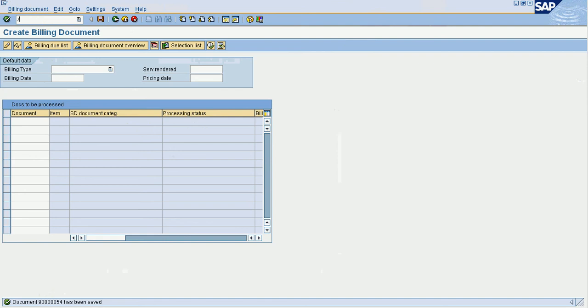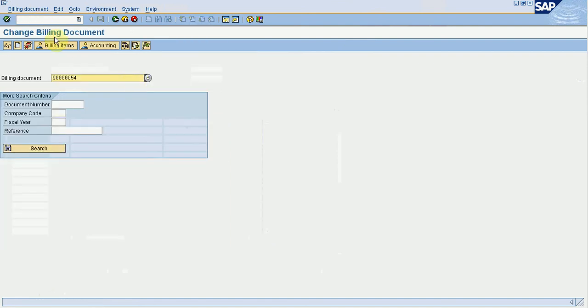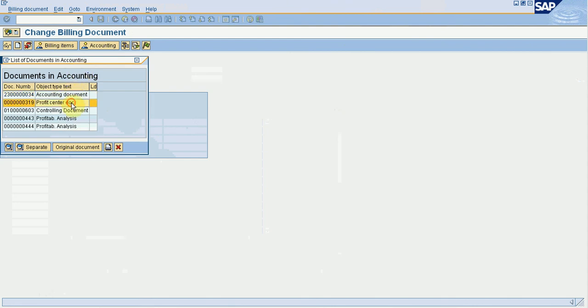Now if I would like to view the accounting entries against this saved invoice, I would just click this accounting document. Profit center document, controlling document, FI and CO documents are available.